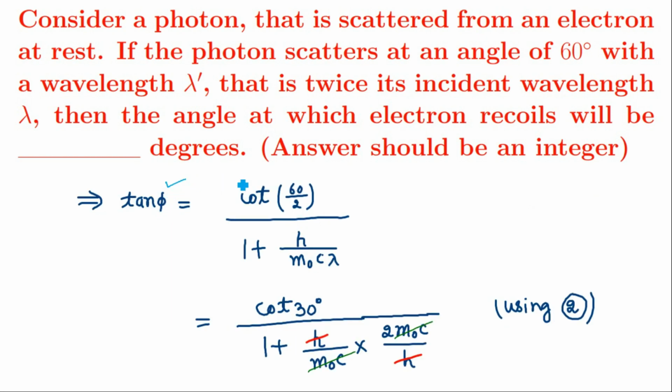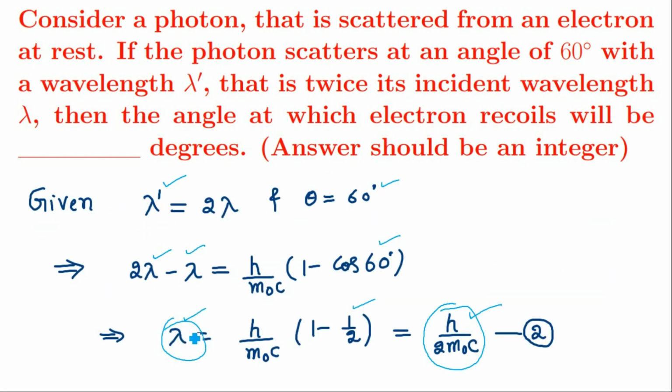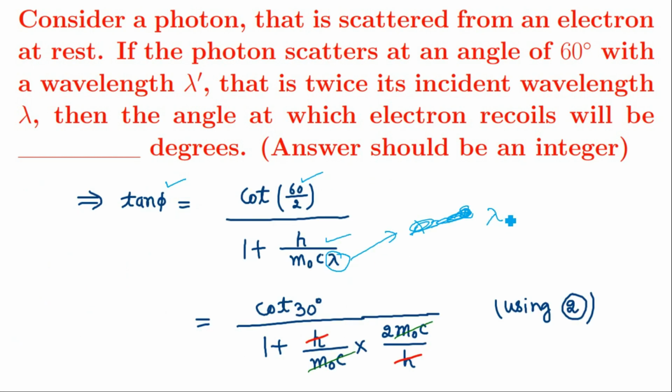So if we put the value of theta equal to 60 degrees and the value of alpha, which is h upon m naught c lambda, and after that we know from the previous slides that lambda is equal to h upon 2 m naught c, we insert this equation. When we insert lambda equal to h upon 2 m naught c here, this becomes cot 30 upon 1 plus h upon m naught c into 2 m naught c by h,